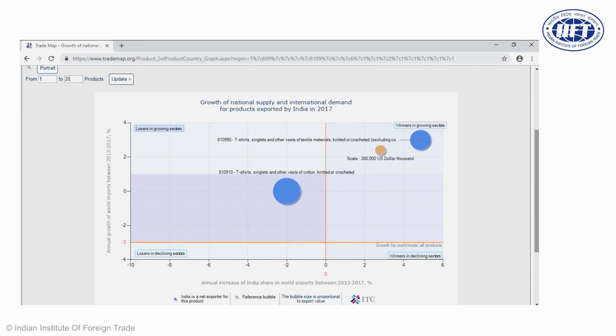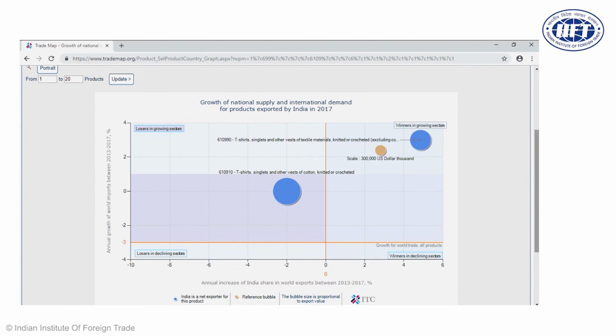we are going to find an output in which products are shown in 4 different boxes. There is a red vertical line starting from 0, which shows that on the right-hand side of it are products where India's share in the world market is increasing. That means India is increasing competitiveness. On the left side of the vertical line are those products where India's competitiveness is going down or our export